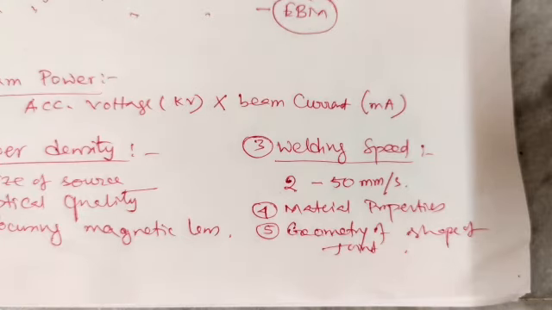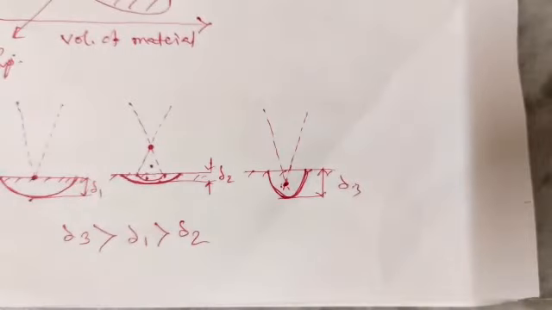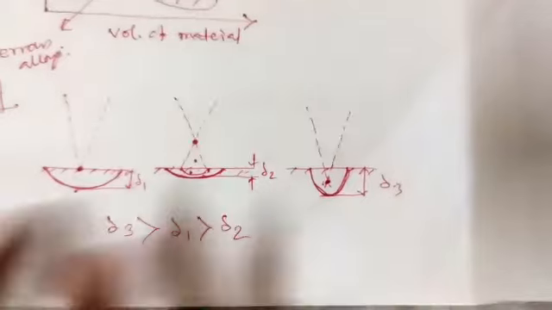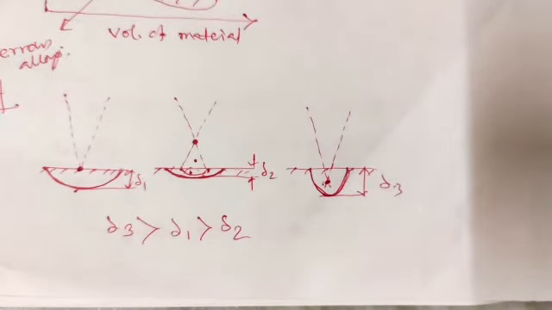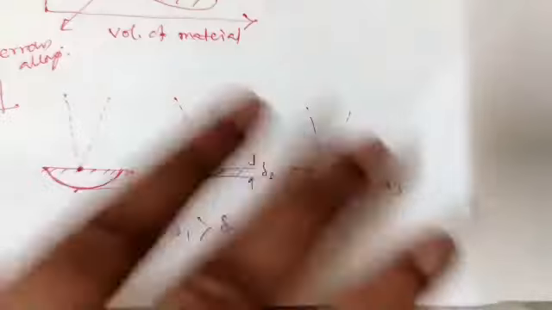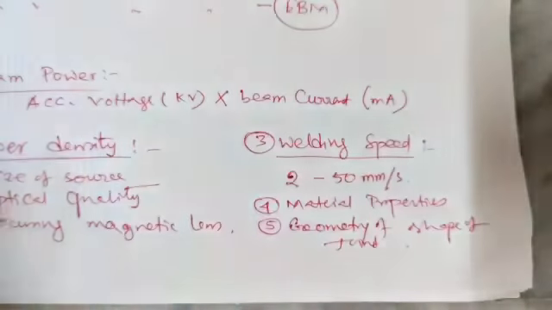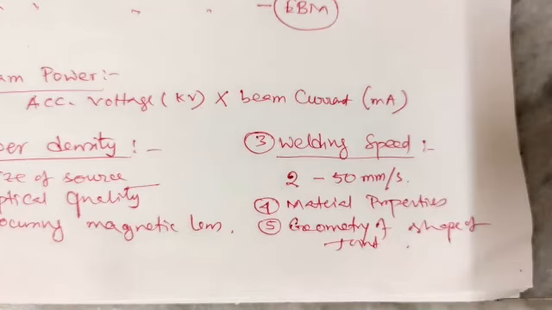Already on the last page I have shown this. Okay, this thing. Here I have already shown this, right? And then at high power density and low speed, a deeper and slightly conical melted zone can be produced. Okay, so these are the three parts which I have shown already in the last class. So those characteristics we will get in case of EBW also. Okay, now we'll finish it today.